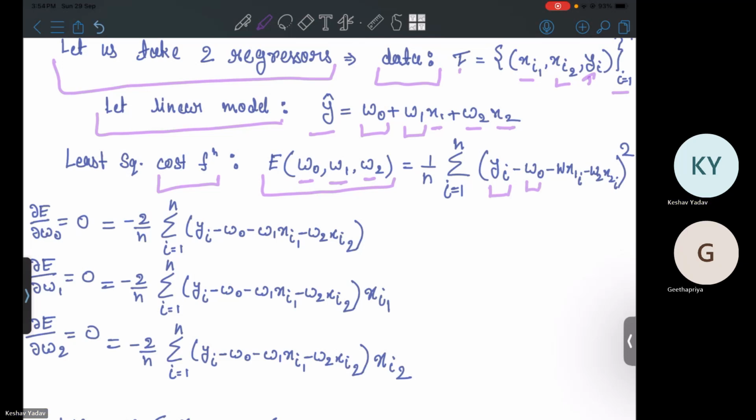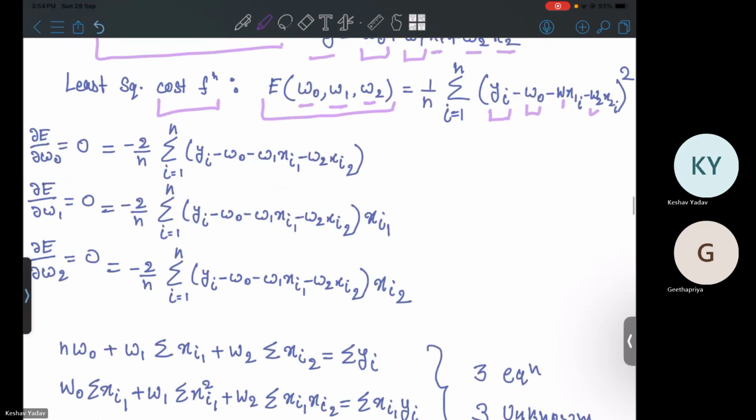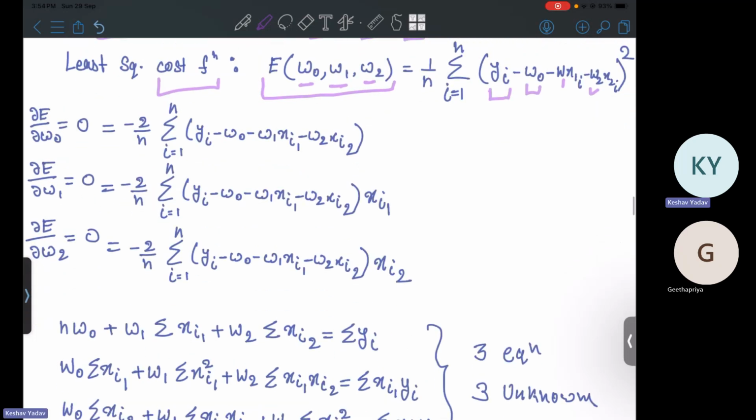W0, we put minus y hat, it will be equal to yi minus W0 minus W1 x1 of i minus W2 x2 of i. Now similar to the earlier case, we need to find these three terms and enforce the derivatives to 0 to have a minimum value. If we do that,